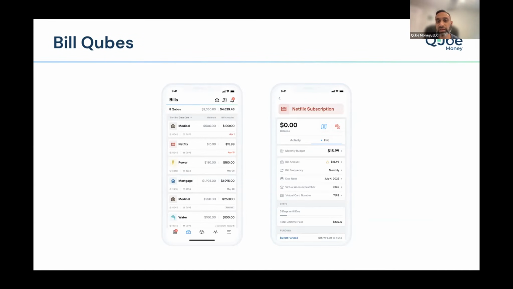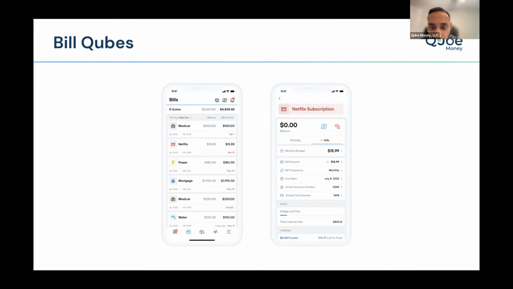That's a control that you have, which is a setting on the bill Qube where you can say exact amount only. The third kind of control and setting is a pause feature. So if you look to the right, the Netflix subscription Qube details, there's a move money icon, and then there's a pause icon. If you pause that bill, then it's going to deny any charges that are attempted. So you don't even have to really go to the merchant's website to cancel. You could pause it. It would be better if you cancel it in that, but at least you have that